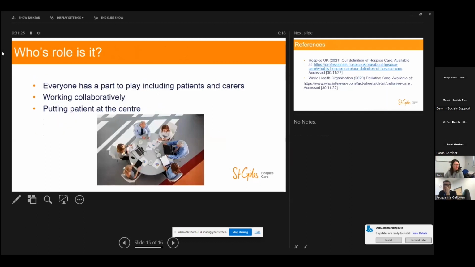And just lastly, because I am at time, whose role is it? Well, actually, everybody has a role to play, including the patients and the carers. It is about us all working collaboratively and really putting the person at the centre of the care that we give. And if we can try and think about things more holistically, and the impacts that especially wounds can have on the way that that person lives their life, bearing in mind they might have a very short amount of their life left, then actually it might need some quite creative thinking, and sometimes challenging conversations around how we can support people to do that.